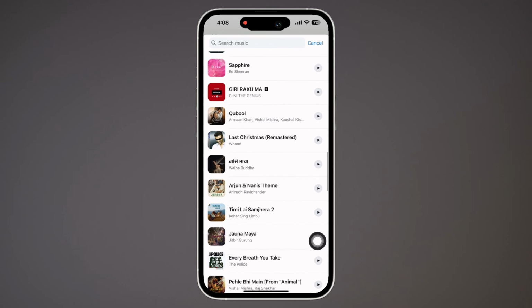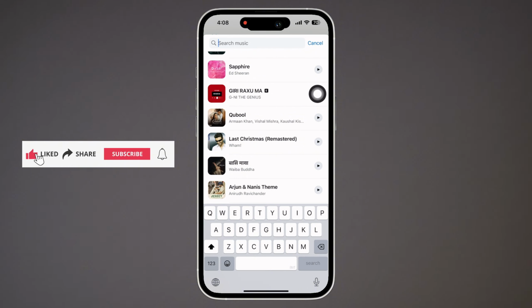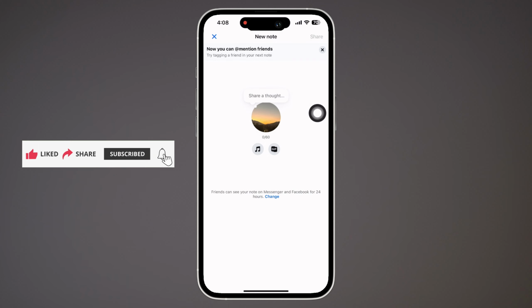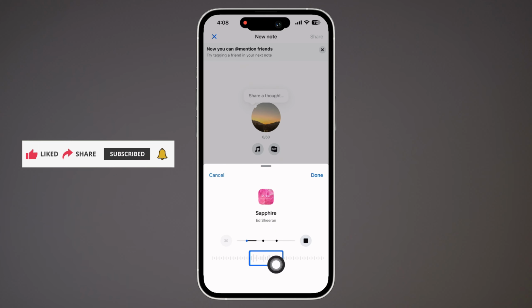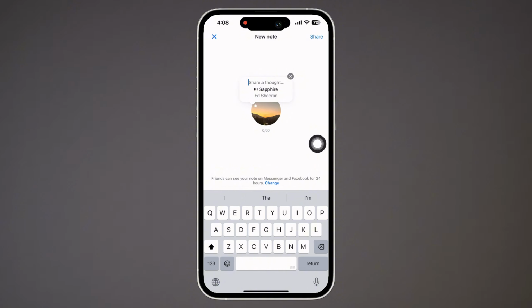So scroll through and choose the music of your choice, or you can also tap on the search bar and search for the music of your choice. Once you have tapped on your preferred music, you can then go ahead and adjust the exact part of the music that you want to add to your notes. Once done, tap on the Done option on the top right of your screen, and you can then go ahead